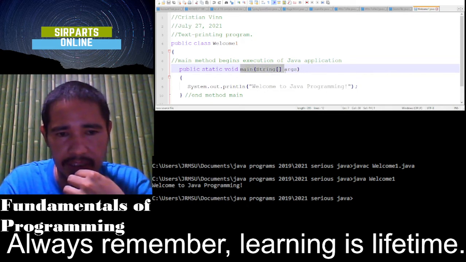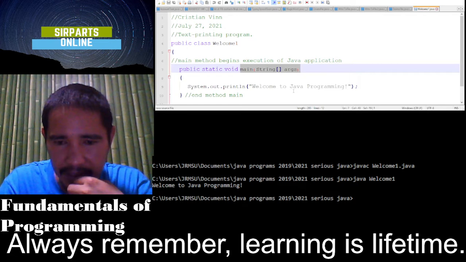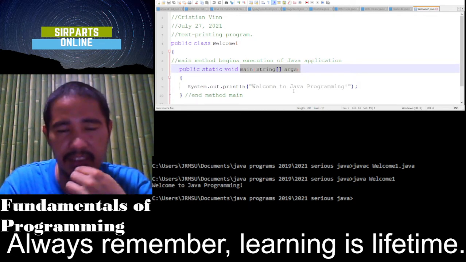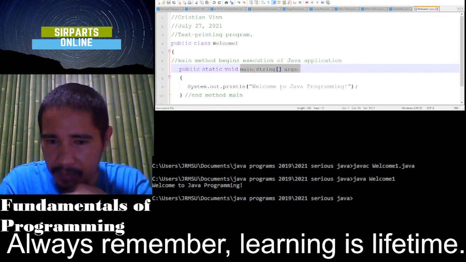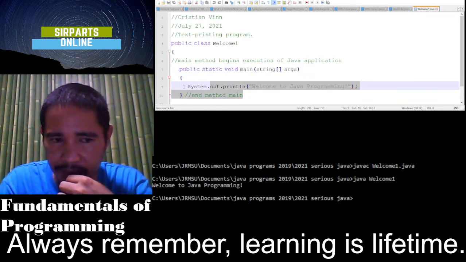So this is the entry point of all our programs. The method is a construct that contains statements. So the main method statement, for example,